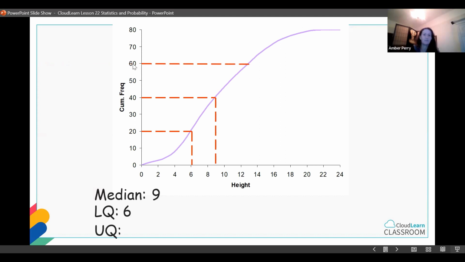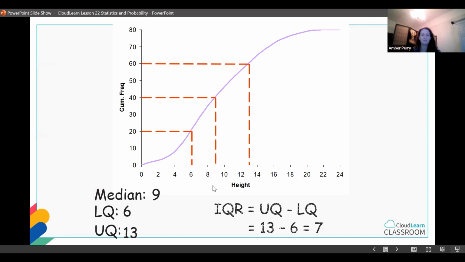Upper quartile is going to be the higher one. So that's going to come from 60, read it along to the graph, straight down, and halfway between 12 and 14, so that's 13. And then, of course, we did say we were going to find the interquartile range. Interquartile range, remember, is the upper quartile minus the lower quartile, which is 13 minus 6, which is 7. Okay, so